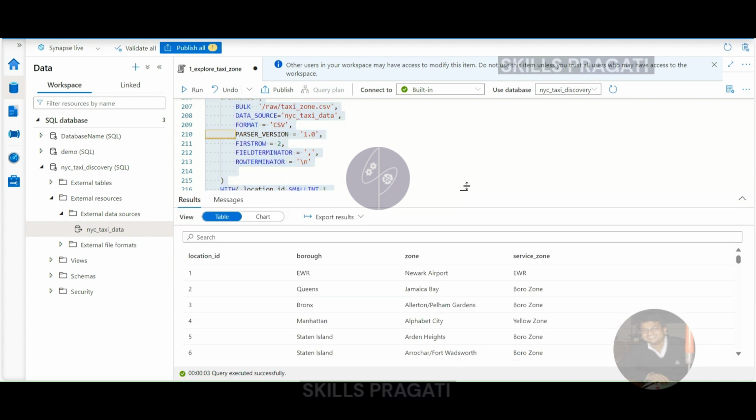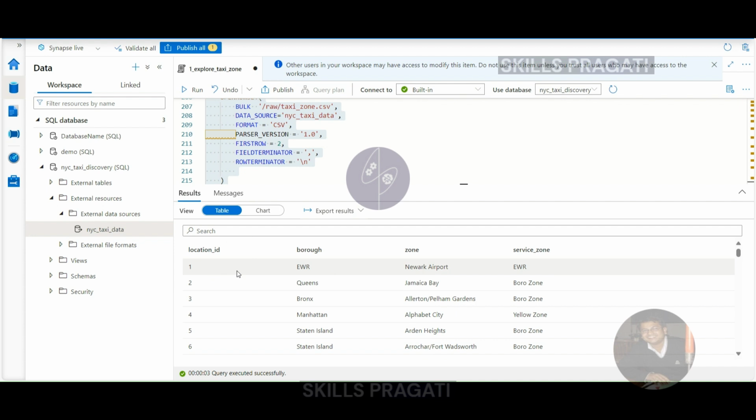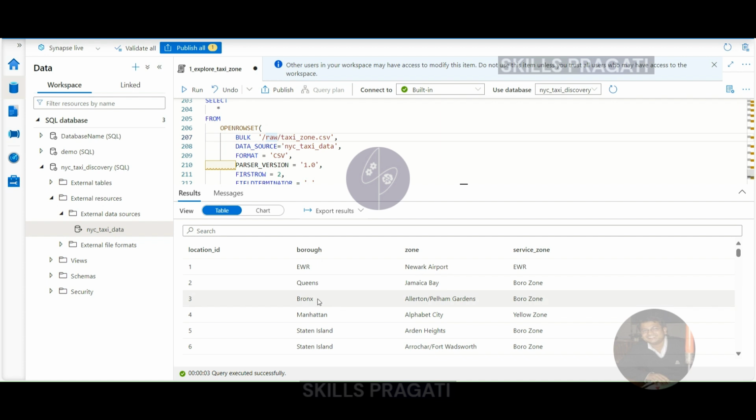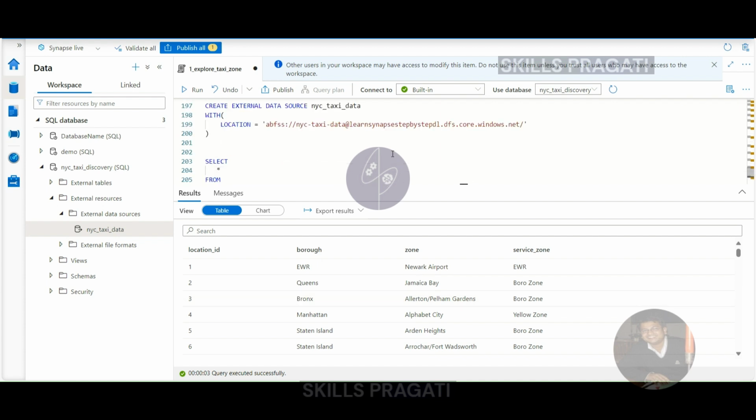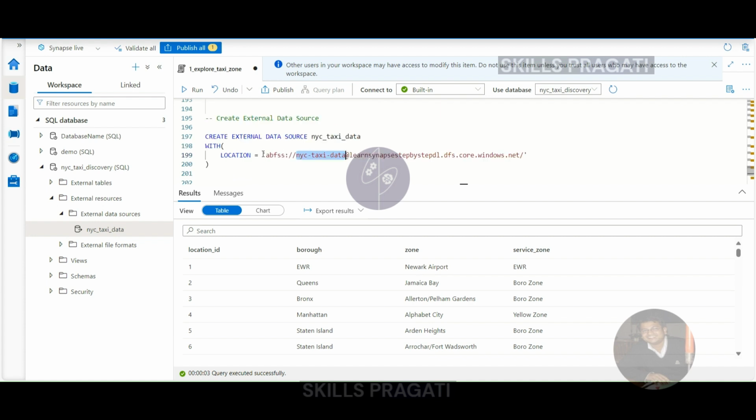It doesn't have these URLs or anything messy. If you have a developer in the team, you only have to tell them to actually use the data source NYC Taxi data and you will see all your files under the raw folder. This is one approach to designing your data sources, which in this case we have pointed our data source to the project container. So that means using that data source, you can access all the data that belongs to our